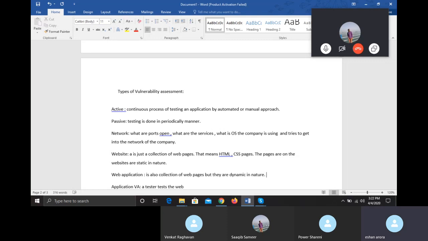Okay, a website requires a user interaction to interact with. For example, Facebook, Myntra, Flipkart. Okay. So